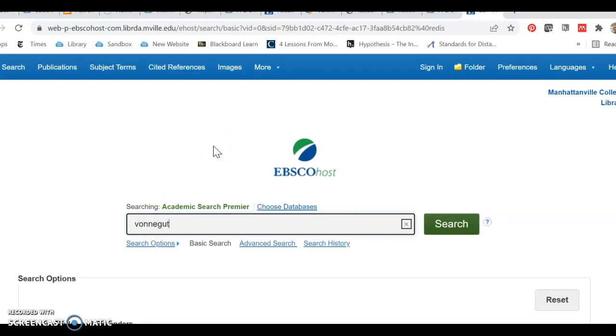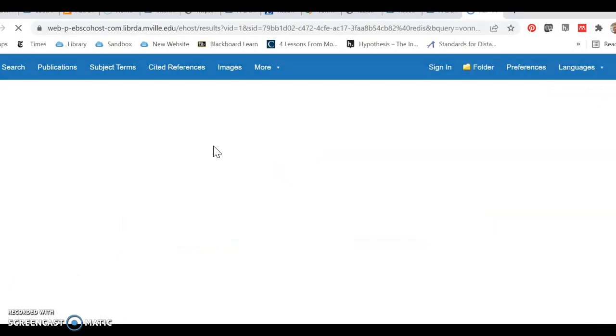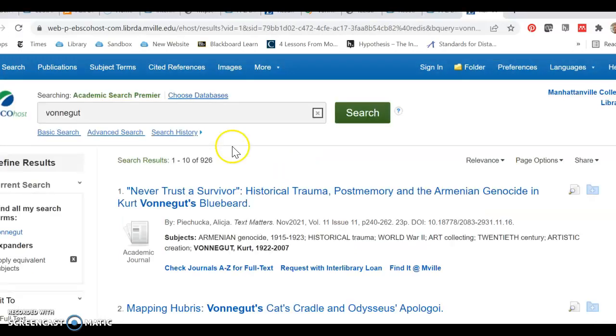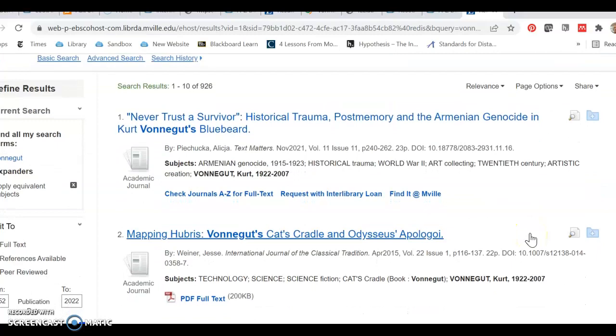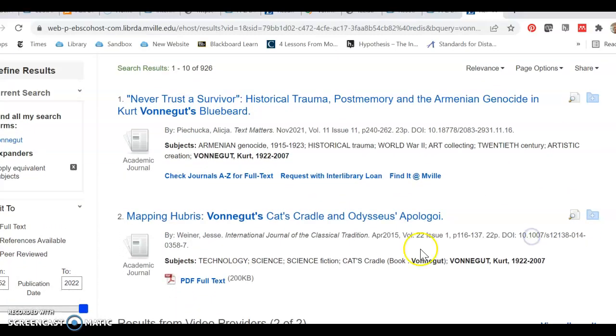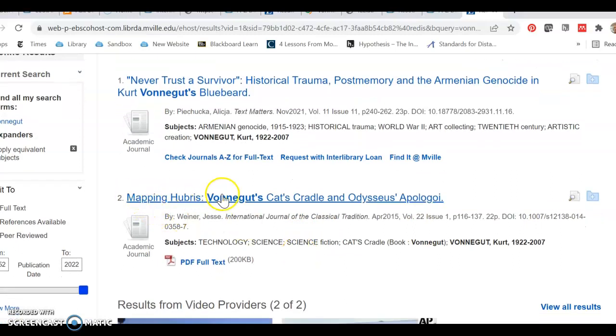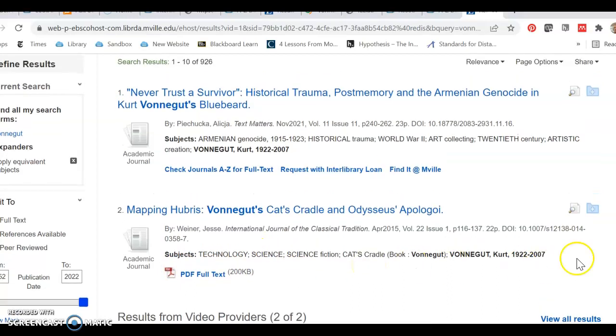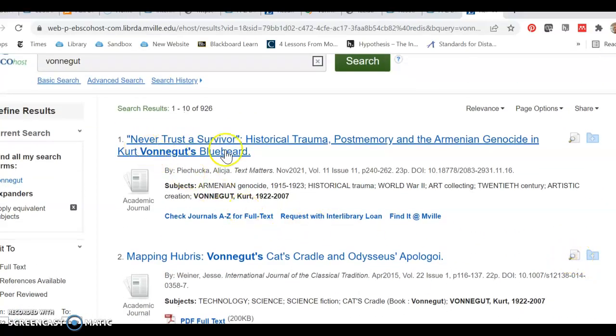I'm going to use the same search term. And I can already see on my results list here that I have examples of results that we do have access to, like this article title right here. I can get the PDF full text right in this link. Or this article here,